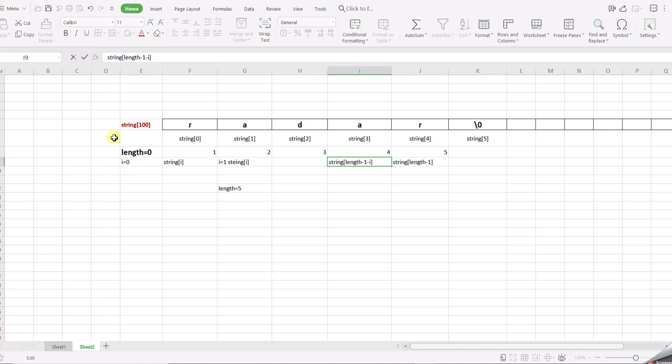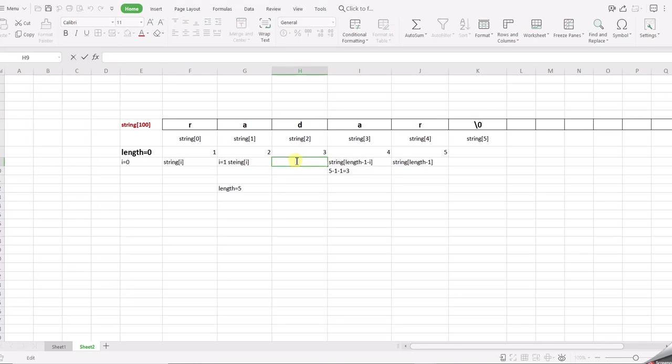The value of i is 1 right now, right? Over here, the value of i is 1, and the value of length is 5. So this will be 5 minus 1, which will give you 3. Okay, so as of now, what is the index over here? String of 3. So you will be able to access this particular value and compare them. If they both are same, well and good, you still have the chance that this string is going to be a palindrome. Next, I will increment my i, and I will go over here.